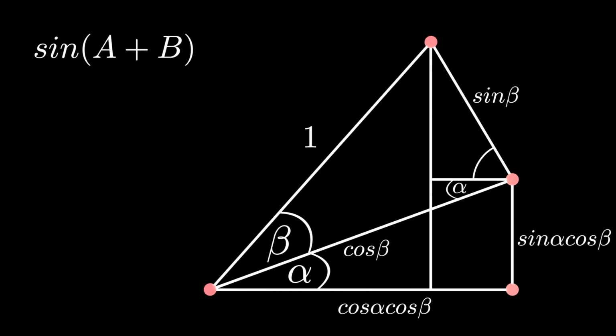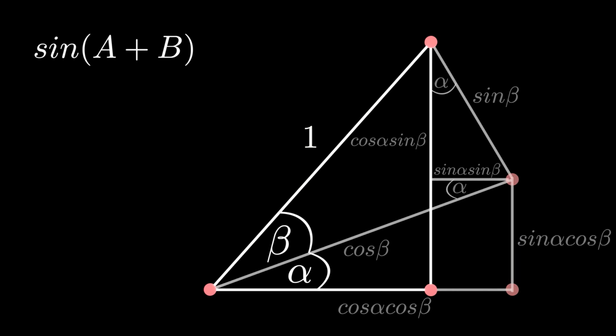Furthermore, this angle plus alpha equals 90 degrees, so it's 90 degrees minus alpha, so this angle is alpha in the triangle with a hypotenuse of sine beta. The adjacent side is thus cosine alpha sine beta, and the opposite side is sine alpha sine beta. Notice we formed a right angle triangle with a hypotenuse of 1 and an angle of alpha plus beta, so